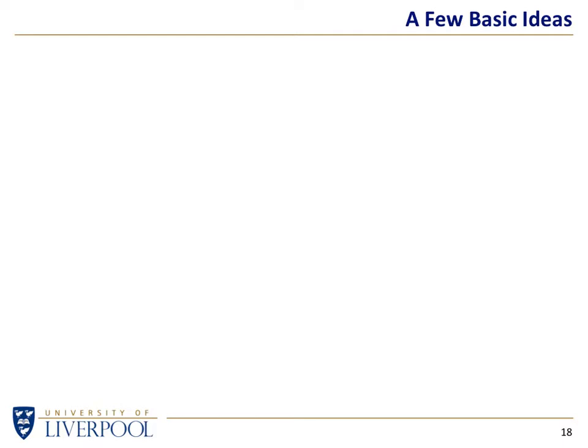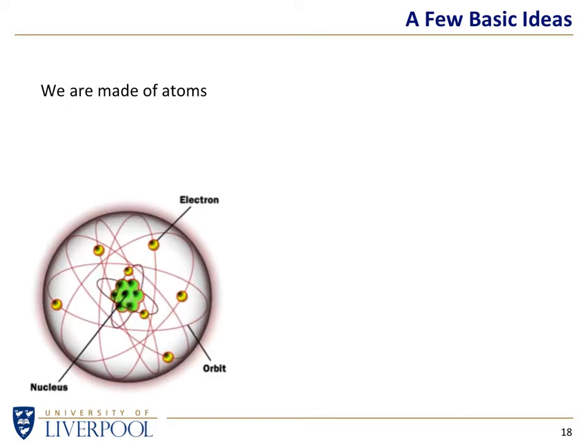Apologies if you know this, but some of this you will know, some of this you might not know. We are made of atoms. I'm sort of assuming everybody is comfortable with that idea. We are made of molecules. Molecules are made of atoms. Atoms have been known about for more than 100 years now, and therefore most people are comfortable with the idea that we have building blocks which make up pretty much everything. An atom is in a sense a complex object, but we can think of it simply as a nucleus of stuff. It happens to be positively charged electrical stuff, and buzzing around it a whole load of electrons, negatively charged stuff. So we are made of atoms, and an atom is made of a nucleus and a whole load of electrons.